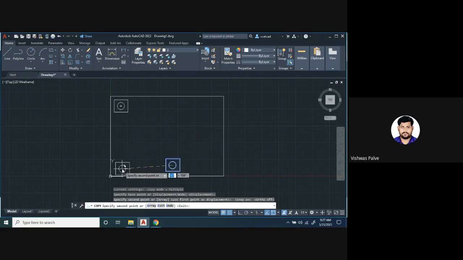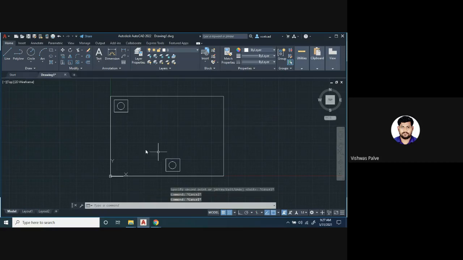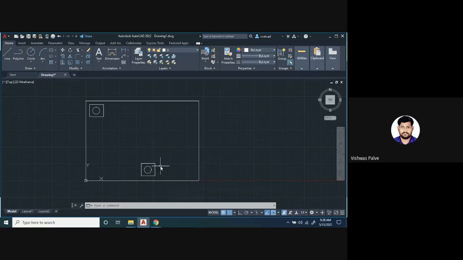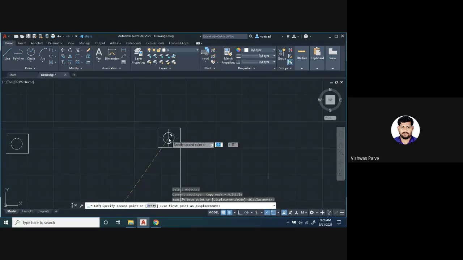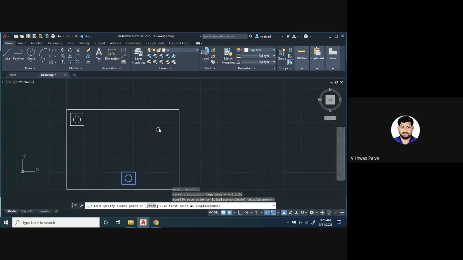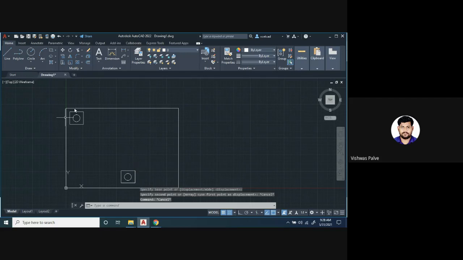So this is the feature where you can move this object to whatever location you want. This is regarding the copy. Now instead of copying like that, suppose again I use CO enter, select this object, press enter. Now I want to merge exactly at this corner point. But if I try to merge it with the corner, it won't match. We are facing a difficulty in exactly matching with the corner point. This difficulty can be solved while selecting the base point.